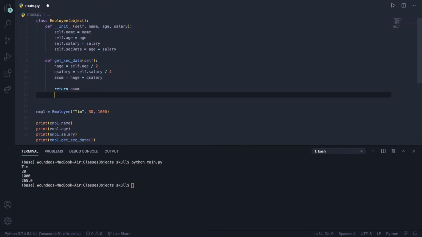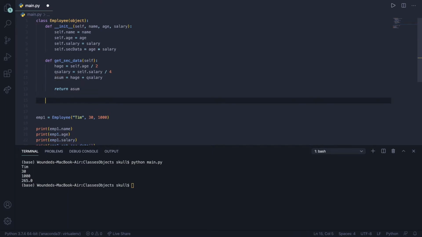Let's say you want to do something else. Let's say you want to generate an email for the employee. Def generate email, self,